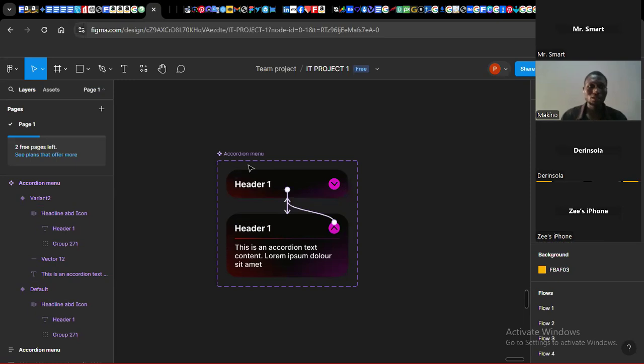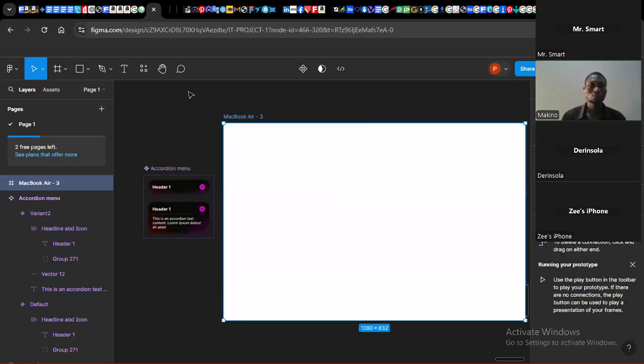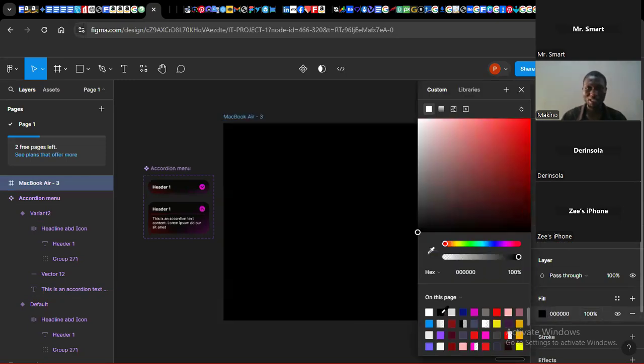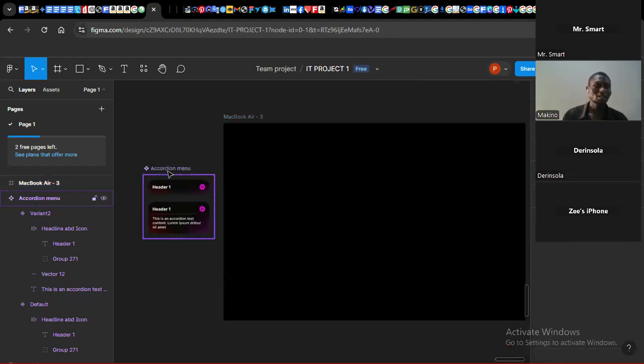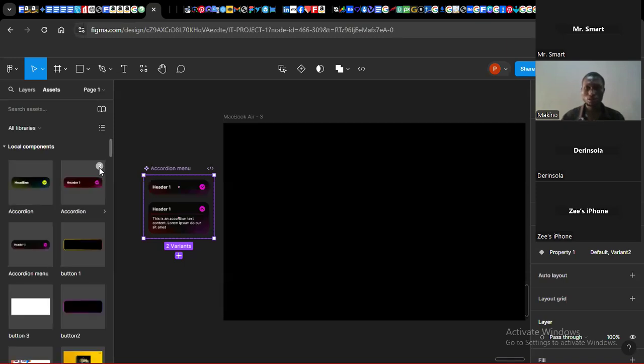All right. Then the next thing for us to do here is to create another frame. Let me use MacBook Pro and I can give this background. You go back to your design and I can give it black color. Yes, I think black color makes sense. Then let me bring this thing inside. This is my color menu. Come back to your asset. My asset is still loading. And then when it's finished loading,